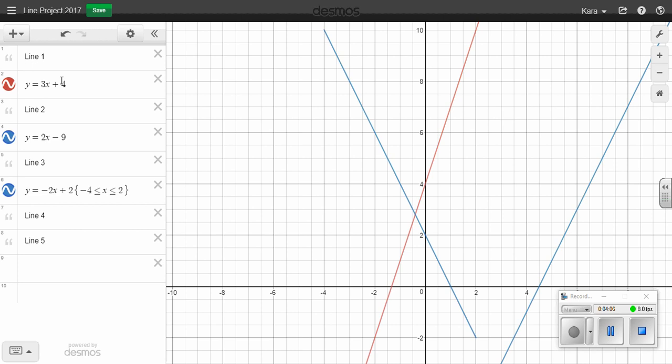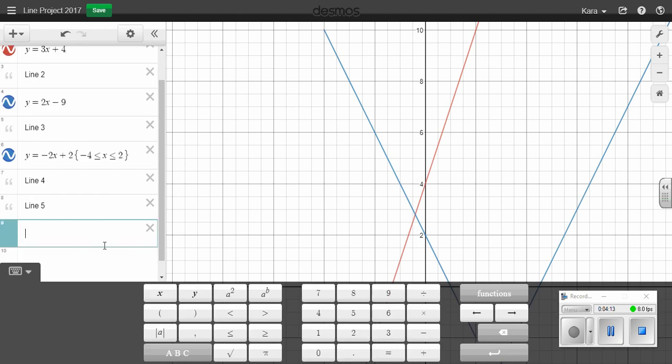So that's one part of organization. You will eventually have 3 separate forms for each line. So if you go through and you add in your slope or your point slope form,